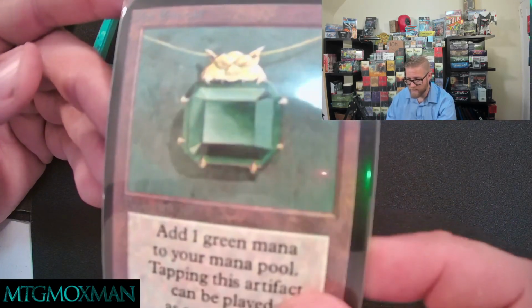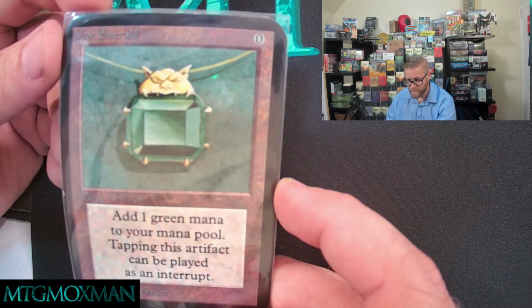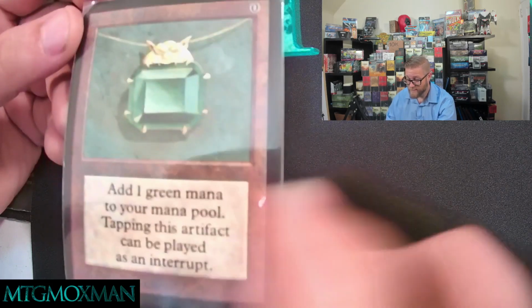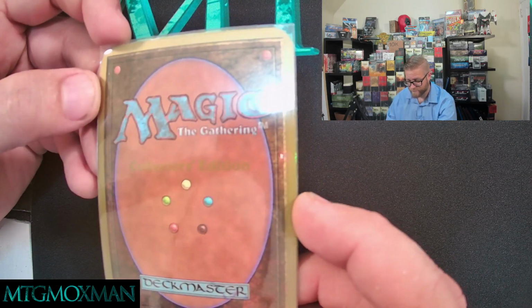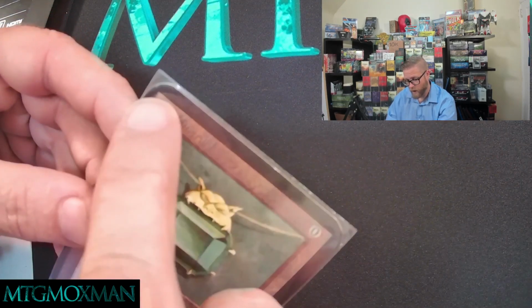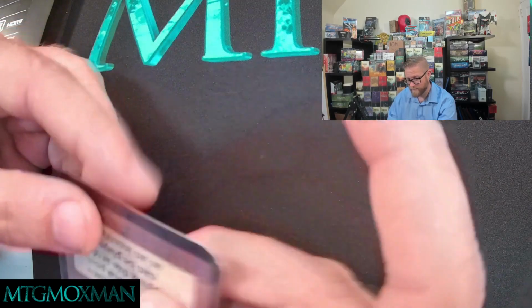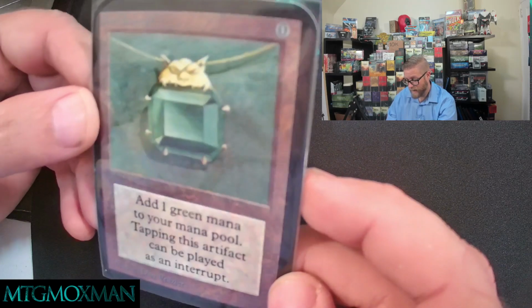There's no way that this Mox is damaged. Right? It looks beautiful. Look at that crisp Mox. But guess what? This Mox is actually a collector's edition. And somebody before me trimmed all these corners. Obviously in some kind of card press. So although this card looks beautiful when you see it in the front,